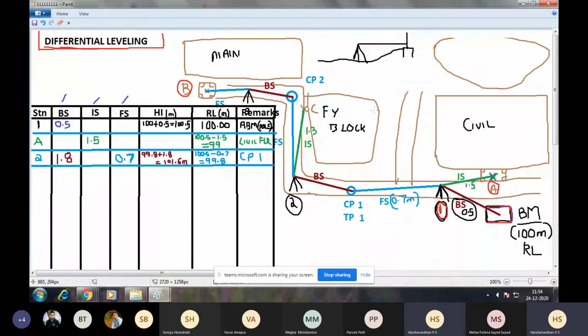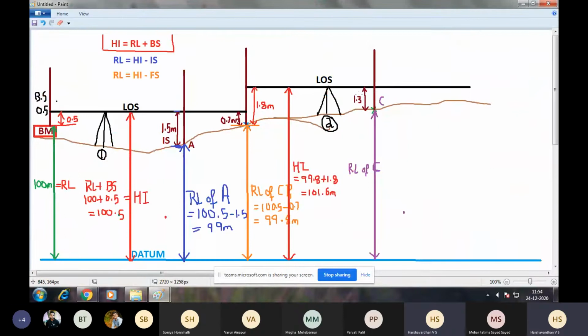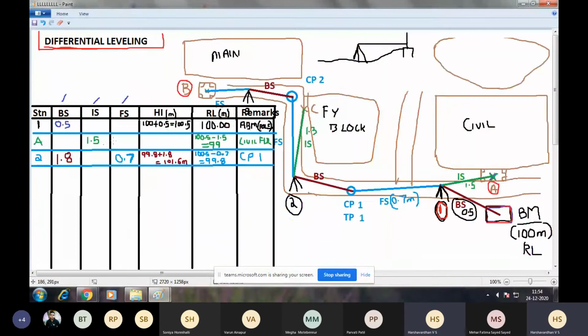Now, am I changing the instrument after taking this reading? No. So after this reading, this is not the final reading. So this will be an intermediate sight. I'll write this in the intermediate sight column: 1.3.